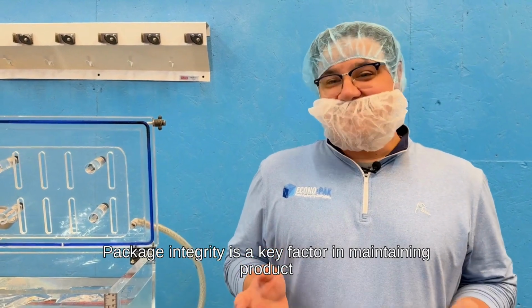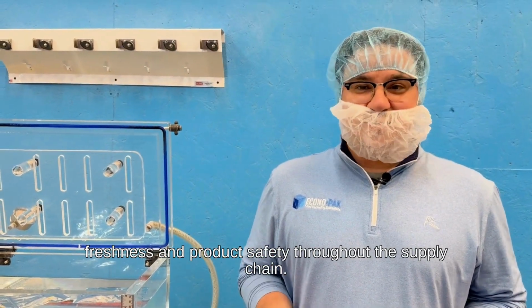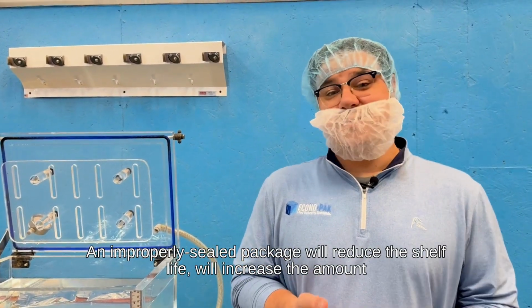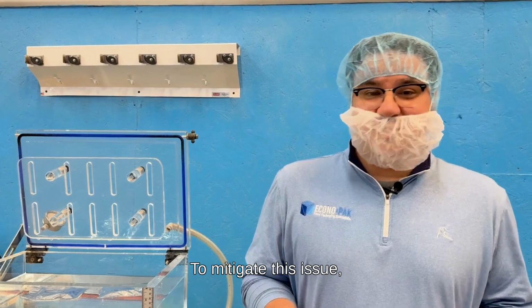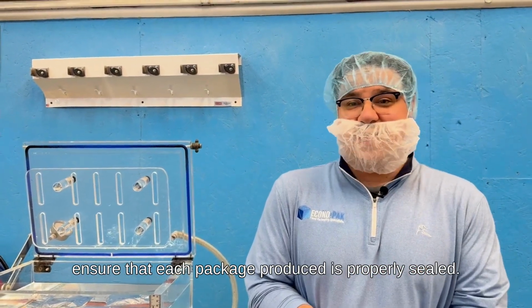Package integrity is a key factor in maintaining product freshness and product safety throughout the supply chain. An improperly sealed package will reduce the shelf life, will increase the amount of waste, and most importantly, will result in an unfavorable experience for the consumer. To mitigate this issue, it's vital for food producers and food packagers to ensure that each package produced is properly